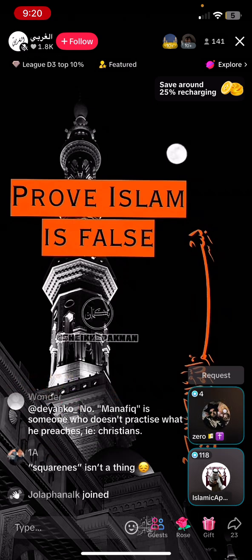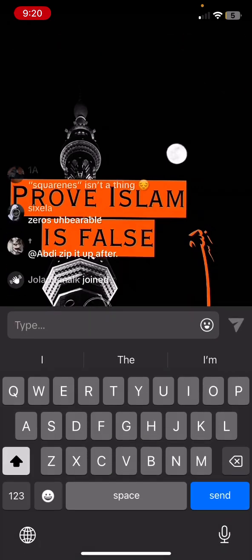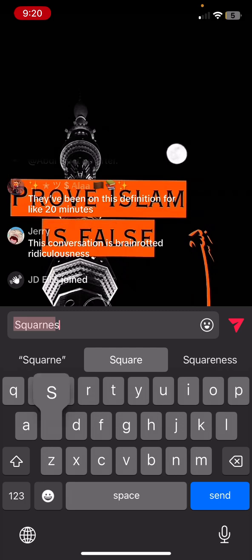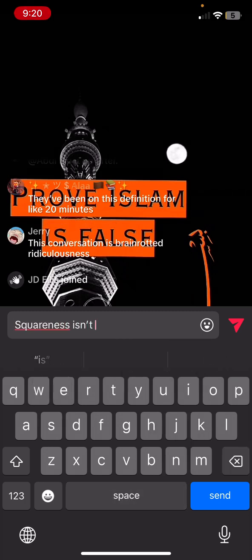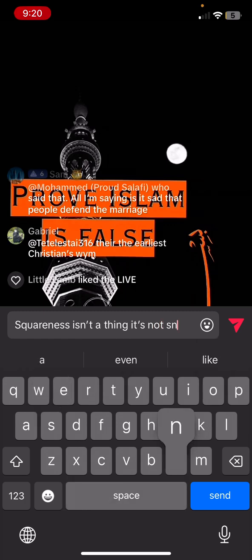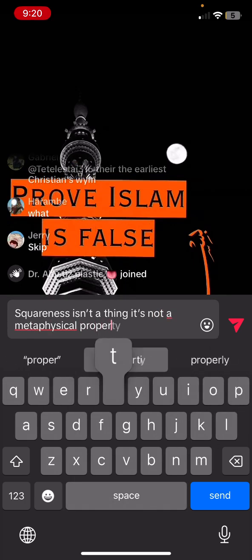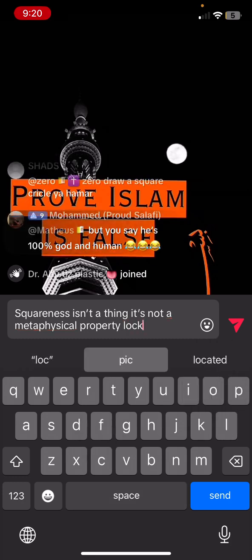I'll ask you again. How's that different than a property? Because I don't believe a square possesses 4 sides. I would say that it has 4 sides. There's a difference between possession and just having something. So zero, would you say that a square has 4 sides, 4 vertices, and 4 equal sides? Obviously, I would say that.